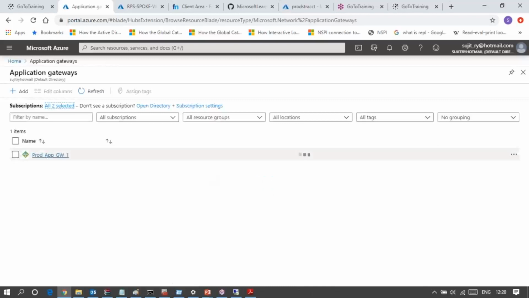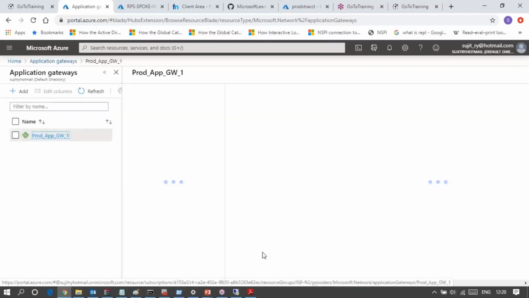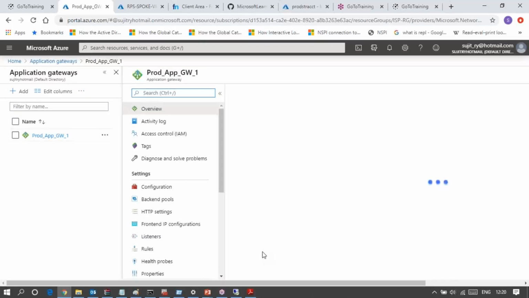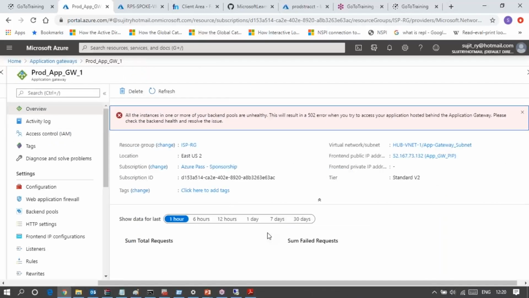Application gateway 1. The backend pool is unhealthy.